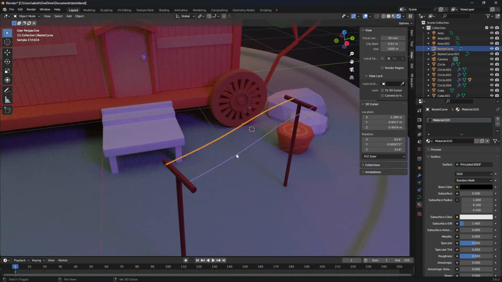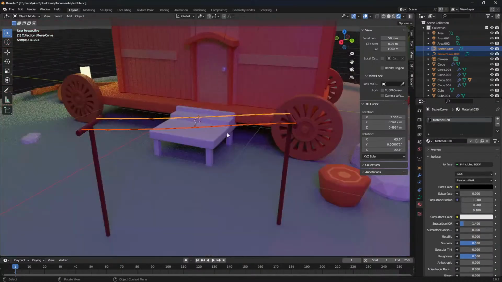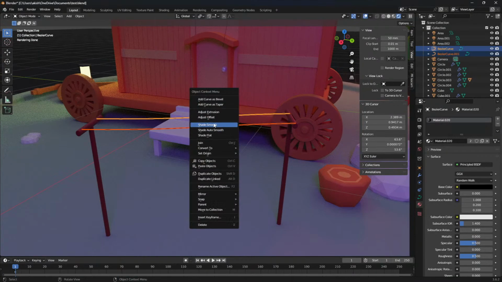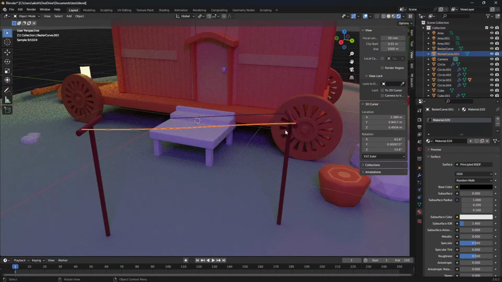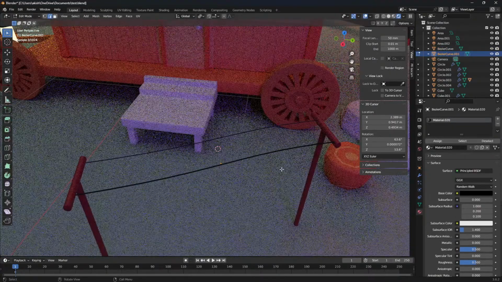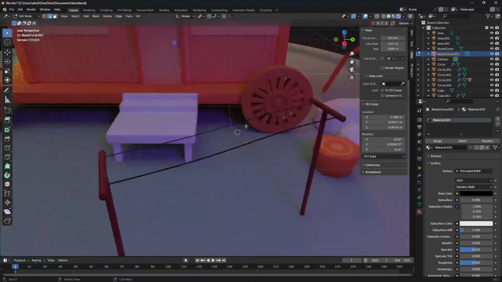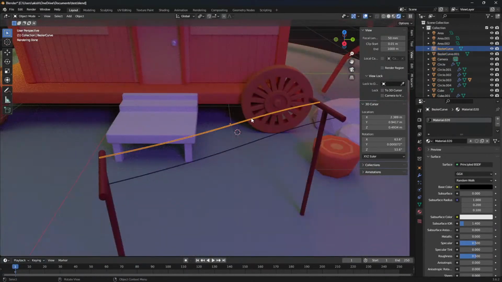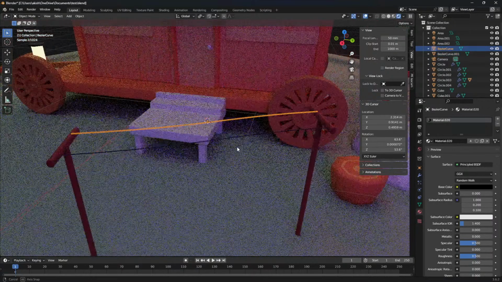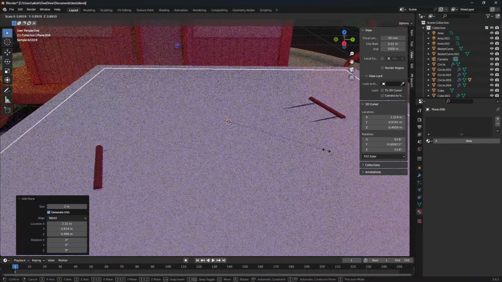And select this and this, Control L, link material, and maybe convert to mesh, so that we don't have that problem of accidentally modeling the page here. Now select this object, select S, cursor to selected, Shift A, mesh, add a plane, scale